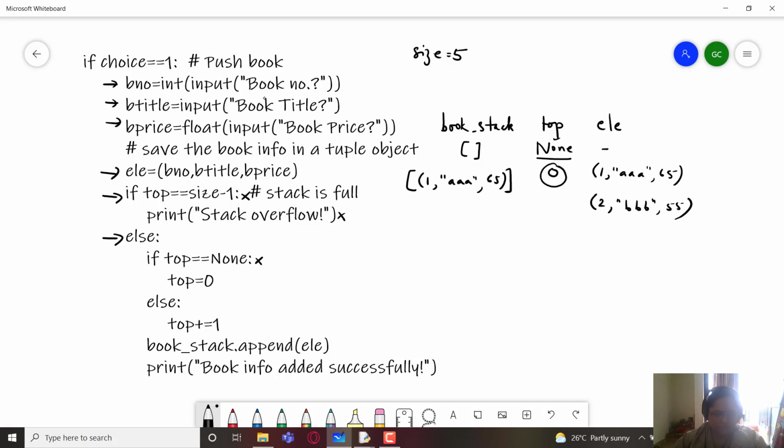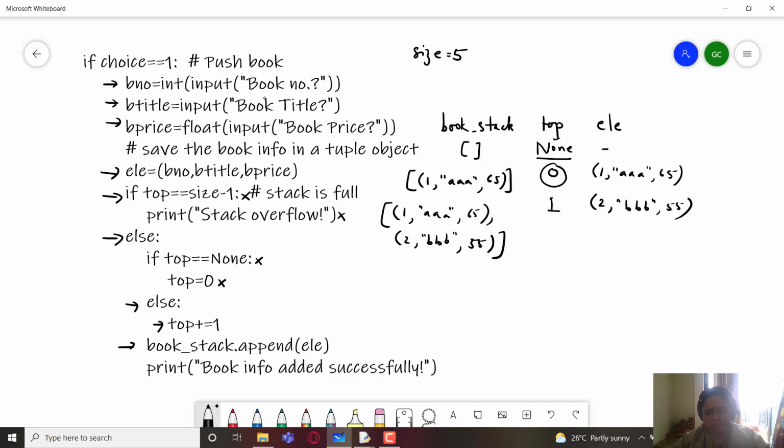So this statement is also false. We go to the else part, that is increment top by the value of 1 and append this element to book stack. So now book stack contains two tuples. So this is book stack now, which contains two tuples.